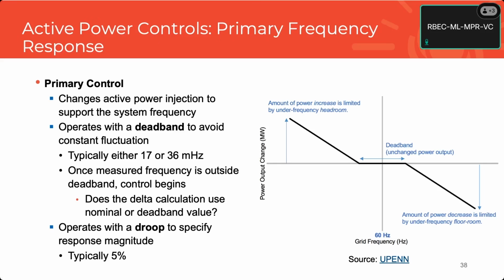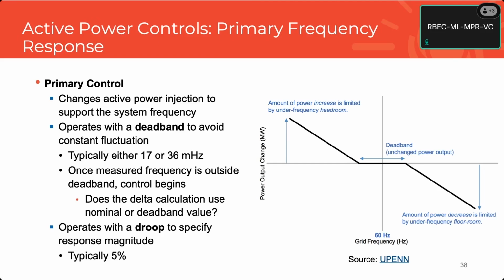So power output is up and down, and the horizontal axis is frequency. That's an input into a controller. So the controller is measuring frequency, and it's acting on active power in this case. We could also be measuring voltage and acting on reactive power, but in this case, we're doing power frequency